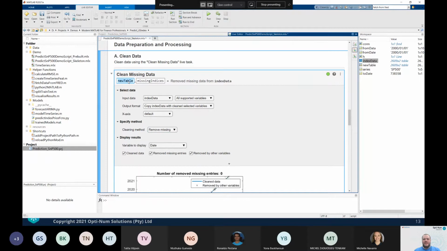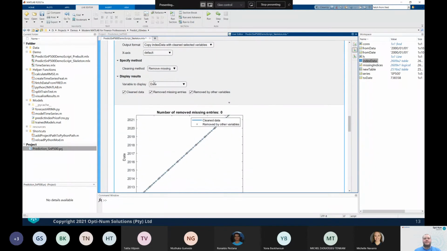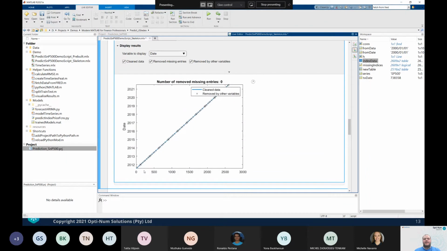But we also want to give the new data a new name so we can make it a little more readable. So we want to call that clean data, because clean data is a lot more readable after you've processed it, so we know what's going on and we can follow what's happening. But you'll notice that I now have a figure, and it's showing me that it's removed data. You can actually see there's some sort of trend from, I want to say, the weekend. But it's removed the data, and it's shown us where those indices are,